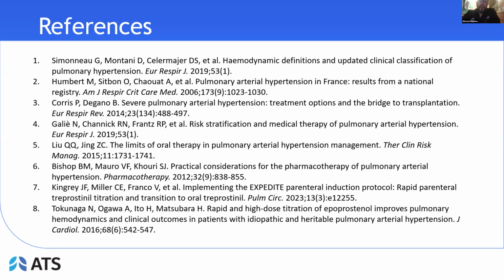One is, it seems like this is a population, mostly all group 4, who are on oral dual combination therapy up front. I had one question in terms of do you know how long they were being treated with those 2 oral meds? And then in terms of once they got rapidly titrated, how did they do with side effects going from IV to then oral prostanoids? So 2 questions.